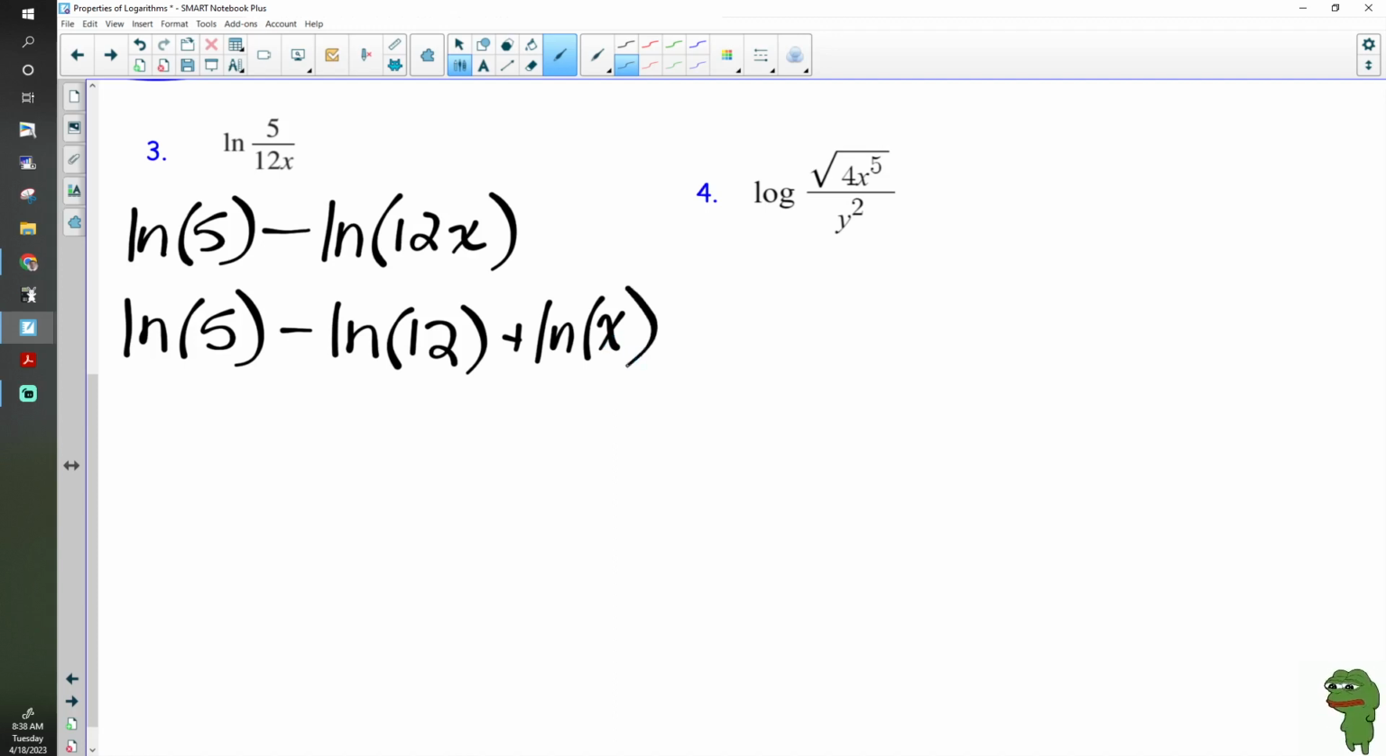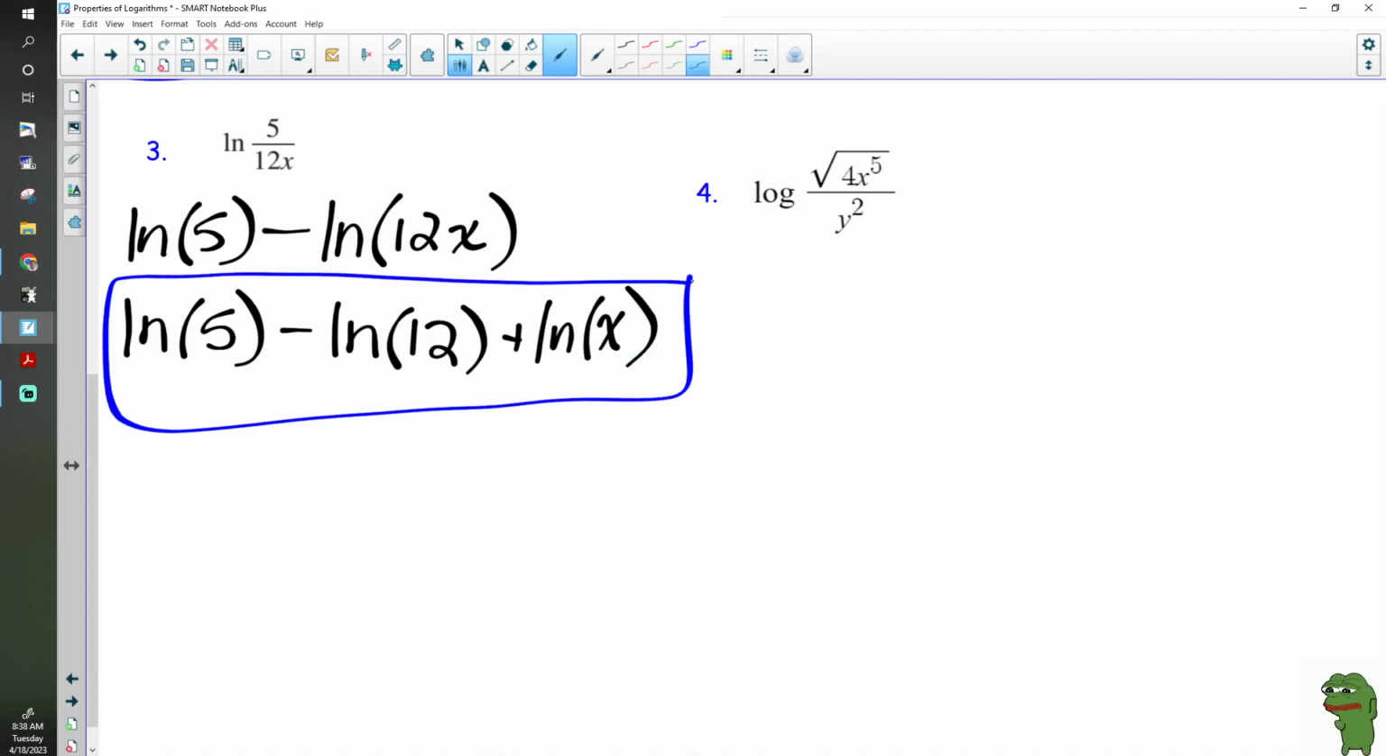x. Each one of my logs, each one of my ln's, have 1 term inside. This one just has a 5, just has a 12, just has an x. There's no exponents. This is fully expanded. This is done. Okay, that is how you expand